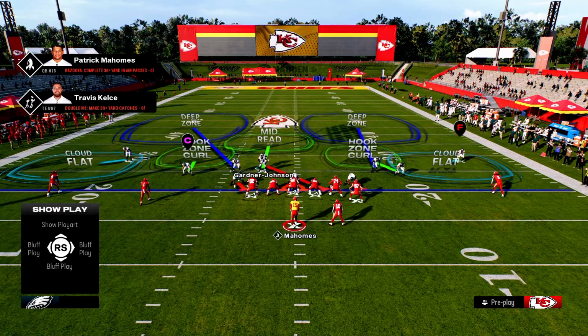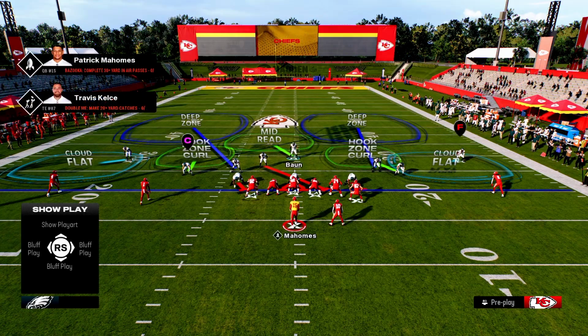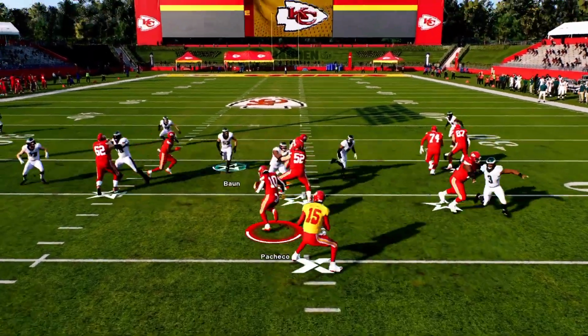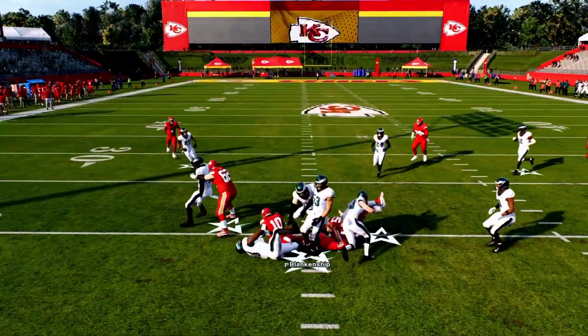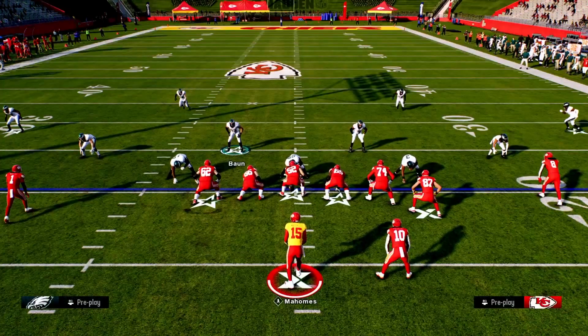I go to this, and we're set up like so. The way I want to run this defense is I want to stand back here. And so I just want to show you what will happen. If I see inside zone, I can kind of come downhill and blow the run up like that. So it's not the end of the world if they do run the ball, and you're going to be okay,